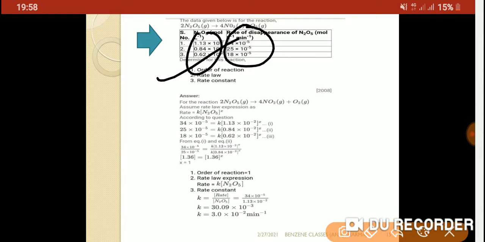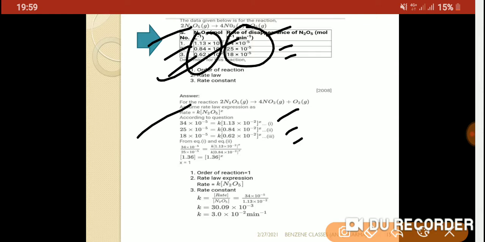So you have to find the order of the reaction. The order of a reaction you can find from the rate law. Rate equal to k [N2O5] to the power x. x is not given to you, x is what is being asked, so that's why we are putting only x here and calculating. So you have to put all the values in the rate law. The concentration of N2O5 you can check from experiments 1, 2, 3, and the rate you can check also from 1, 2, 3. So put down the value of the rate and the active mass of N2O5 and make equations number 1, number 2 and number 3.